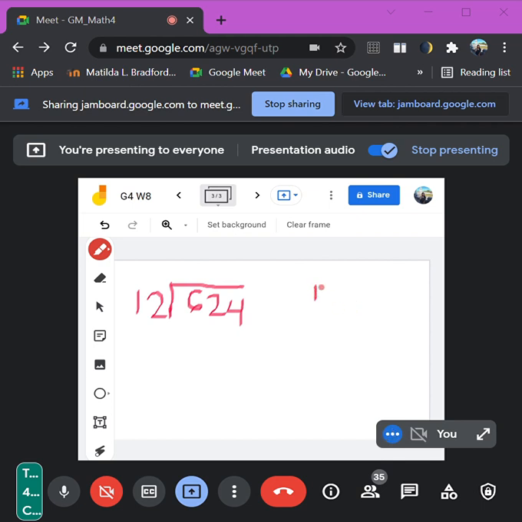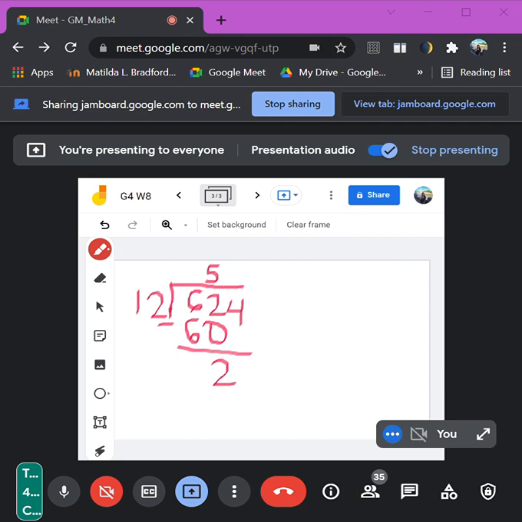So let's try to multiply it by 5. 5 times 2, that is 10. So bring down 0, carry 1. 5 times 1, that is 5, and that is 60. So we can use 5. So 5 times 12, that is 60. And then 62 minus 60, how many? That is 2.